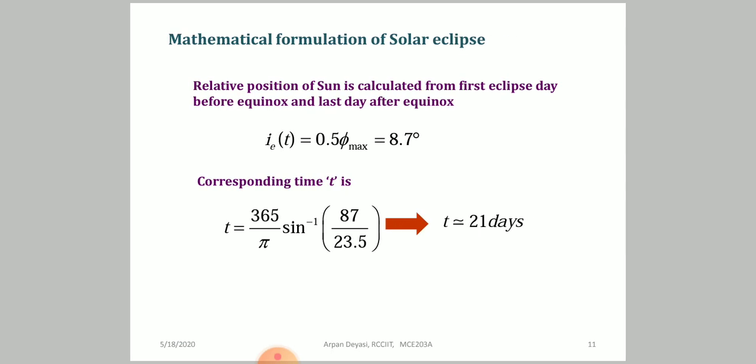So how would you calculate the relative position? It should be half of the total angle. We have already said that half of the cone we will consider as the relative position. So naturally it will be half of the 17.4 degrees, and that will be 8.7 degrees, nothing else. So it's very simple. And once you get this 8.7 degree value, then what will you substitute?